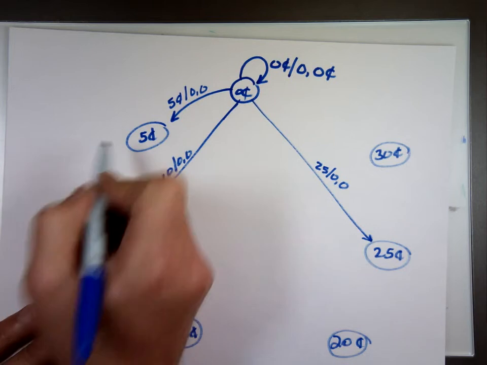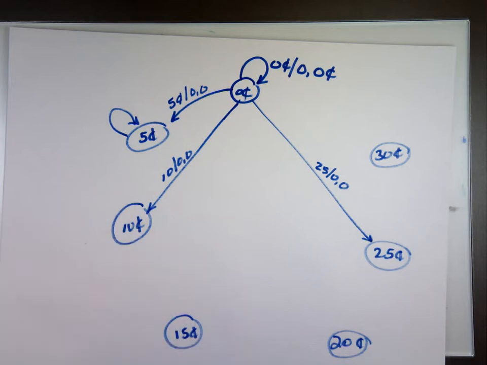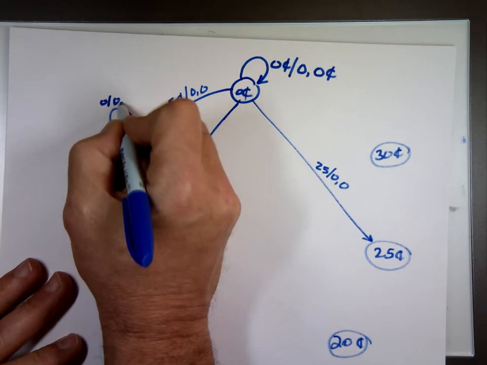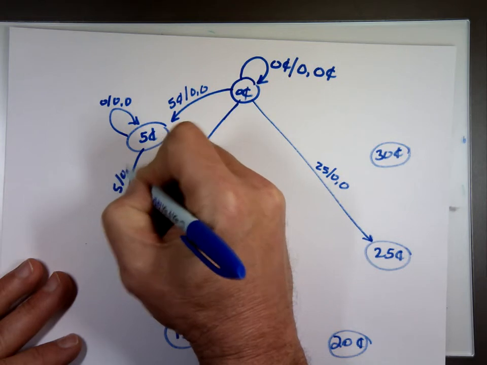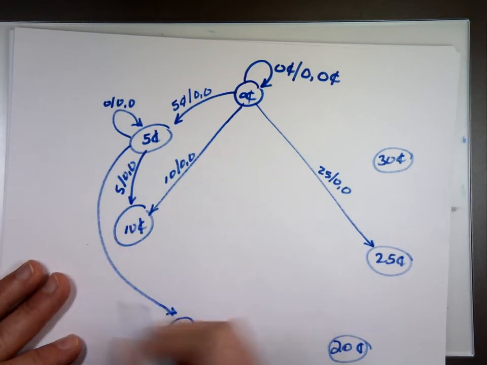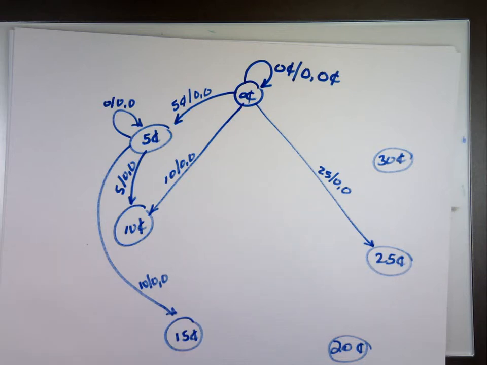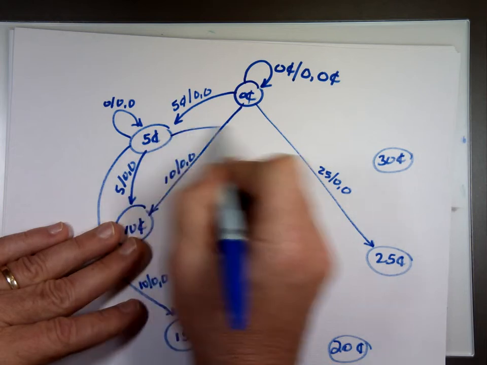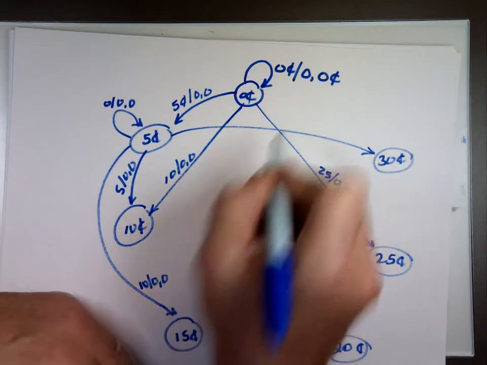Now, if you're at the 5 cent state, you put no money in it, you stay there. Because you're going through your pocket, the timer's checking to see if you put any money, you're going through your change to see if you have enough change there. So if you put 0, you get 0 and 0. If you go to 5, you get 0 and 0. If you have the 5 cents and you put 10, you go to 15. If you had 5 and you put 25 cents, where do you go? 30. Right? If you put 25,